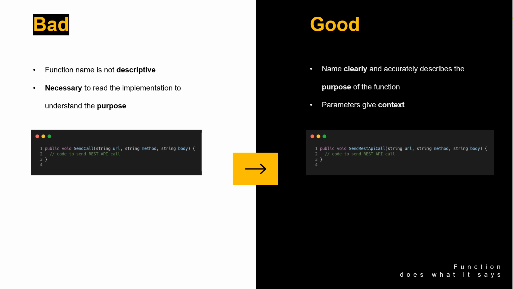Using descriptive function names is important for the readability and understandability of the code. It helps other developers, and yourself in the future, to quickly understand the purpose and behavior of a function without having to read through the implementation. By giving your functions clear, descriptive names, you can improve the